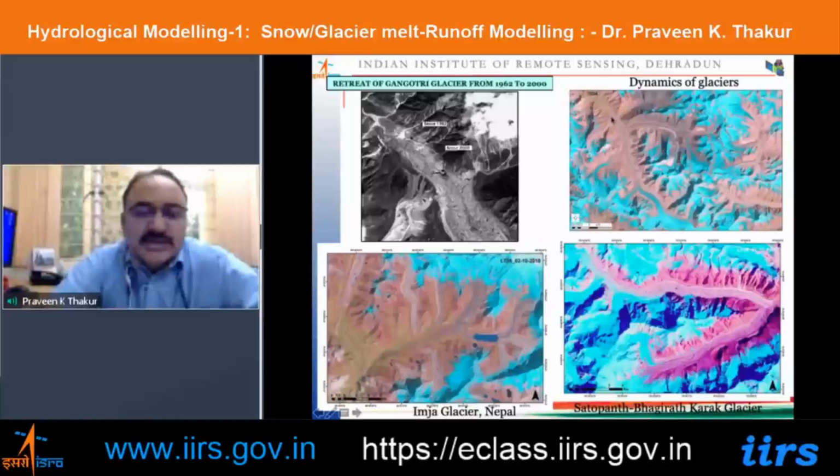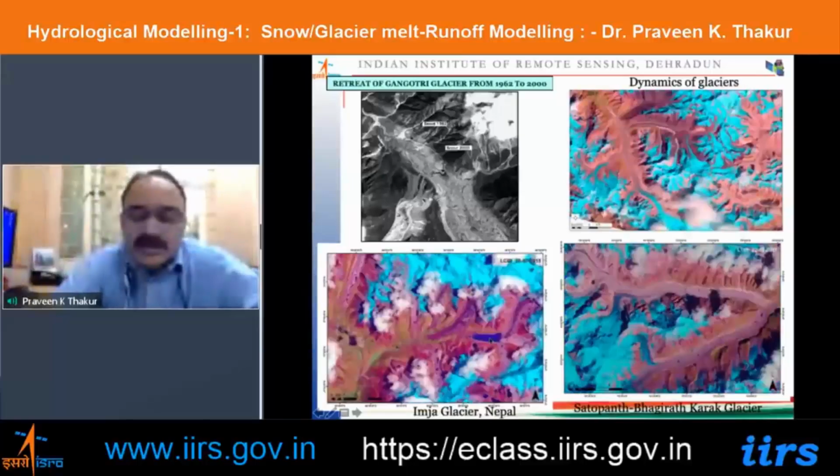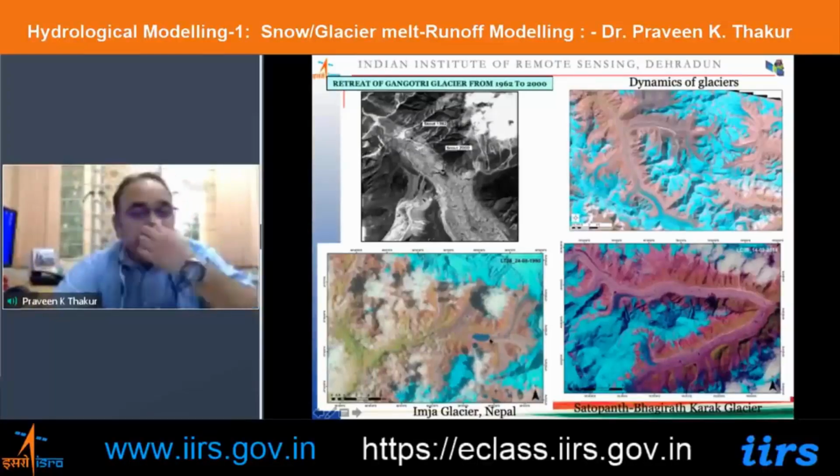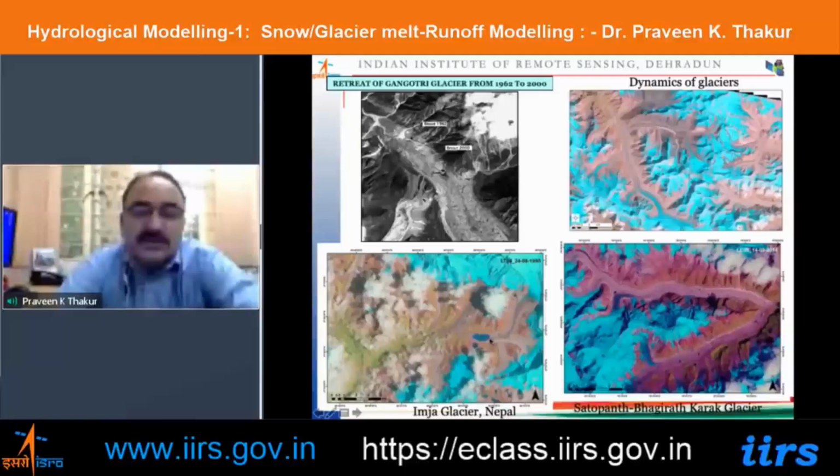Those who are interested in mapping can refer to the Global Land Ice Measurements from Space (GLIMS) or the RGI inventory. This is the overall flow chart where we use the threshold methods, some manual editing, and then some thermal data also utilized. Some topographical factors are also utilized. The most popular methods are the NIR to SWIR ratio or red to SWIR ratio to map the clean ice glacier. And if you are mapping debris covered glacier, then you have to use the topographical features derived from the digital elevation model and land surface temperature data to estimate the area of the